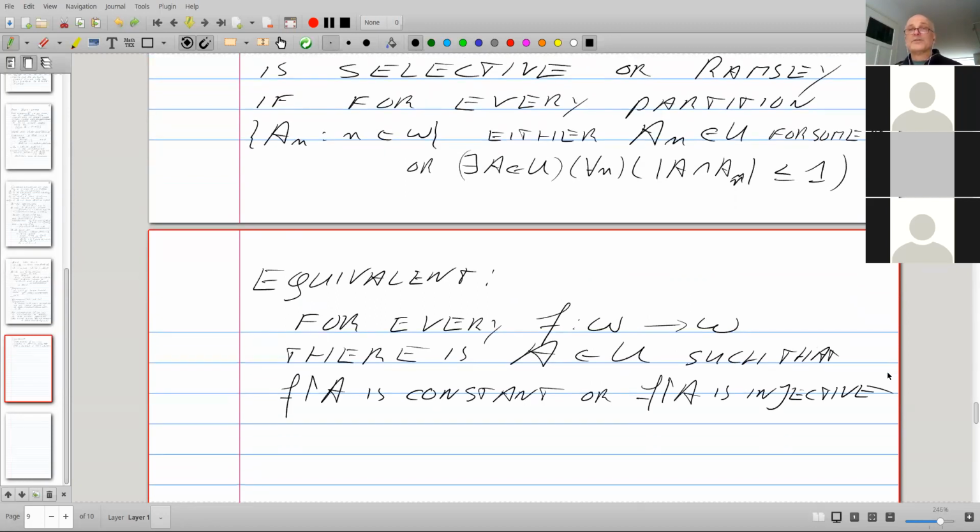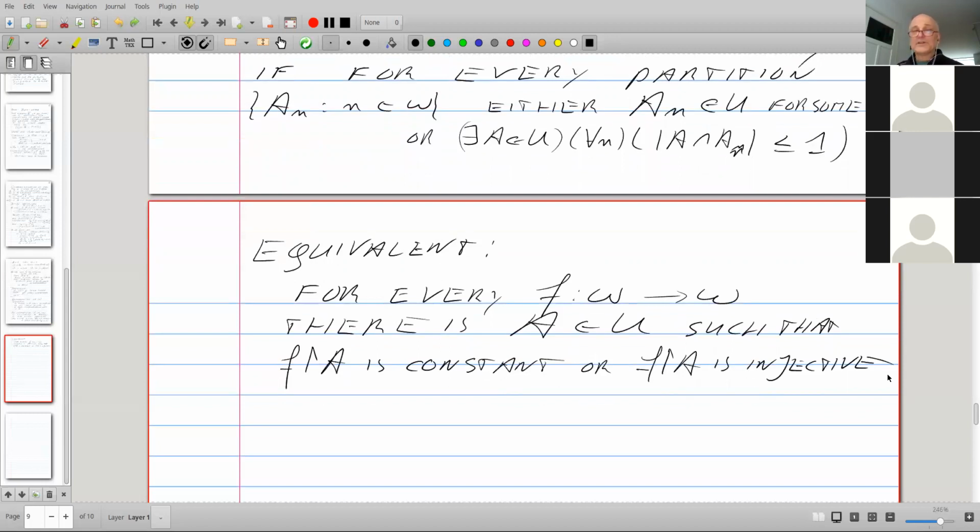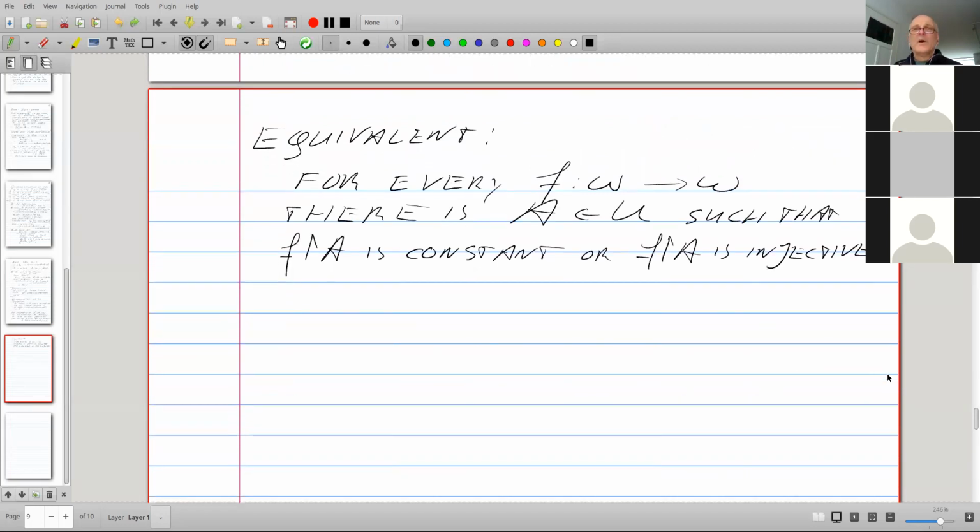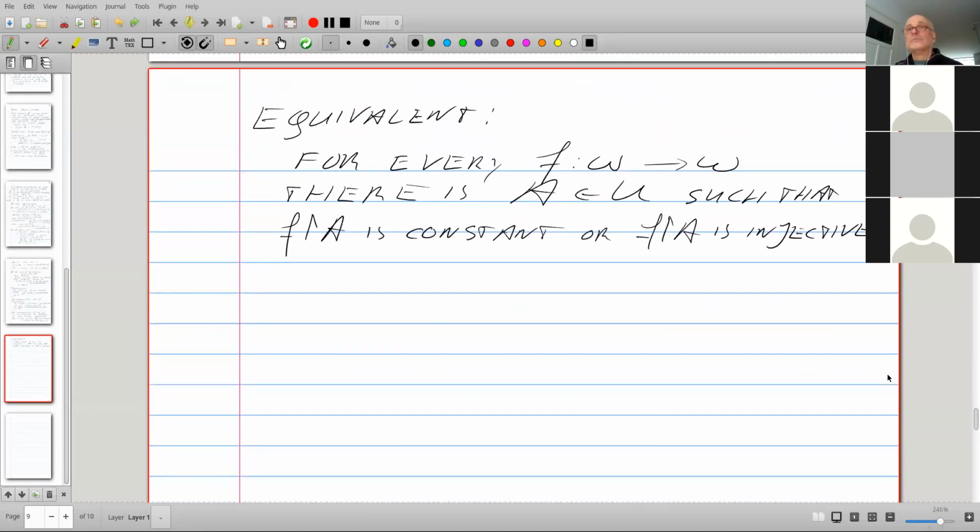If you have a function from omega to omega, it induces a partition, and the selective set does exactly what you want. The function is constant or injective on that member. Okay.